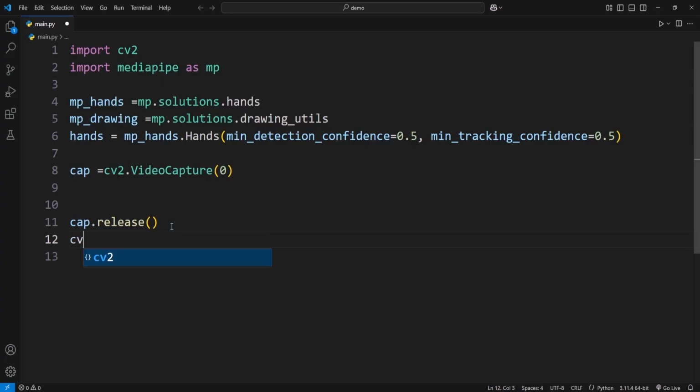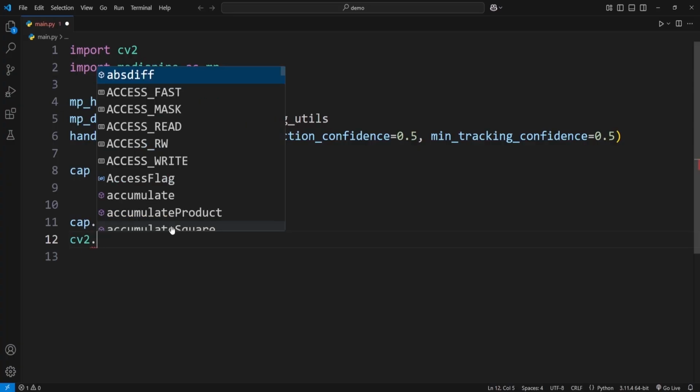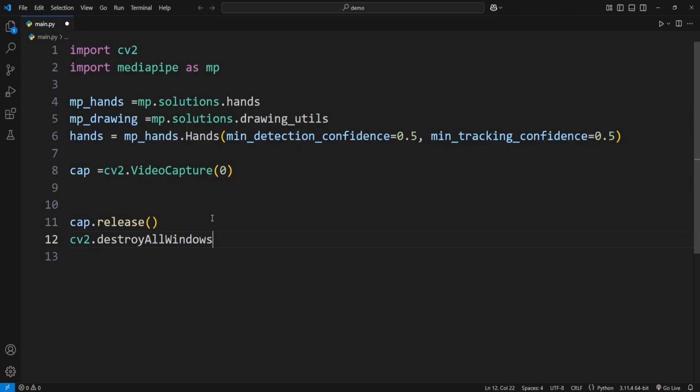So I'm typing cv2.destroyAllWindows(), and I'm going to save this file. So this is it for this tutorial. In the next part of this tutorial, I'm going to read all the frames using a while loop from this capture